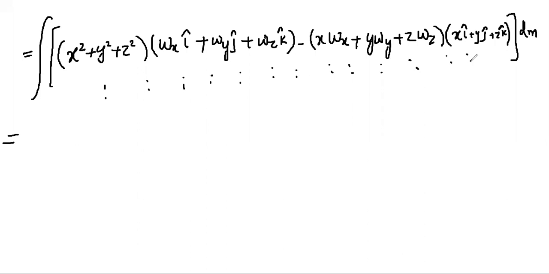The steps that they have to perform is to multiply omega x with x square, write down the integral, then the square bracket: x square omega x i cap, x square omega y j cap, x square omega z k cap, and so on and so forth. Similarly about y square omega x i cap, y square omega y j cap, y square omega z k cap. Similarly about z square, the same you will do here. I am leaving these multiplications as an exercise to do yourself. The final expression that you will obtain, angular momentum of a body about p, you can then write as,